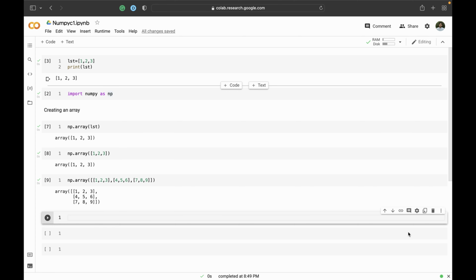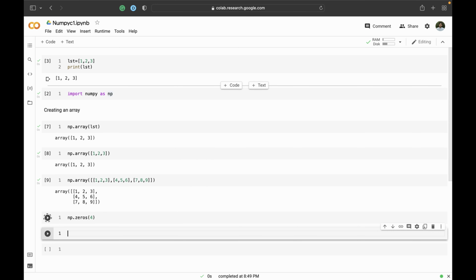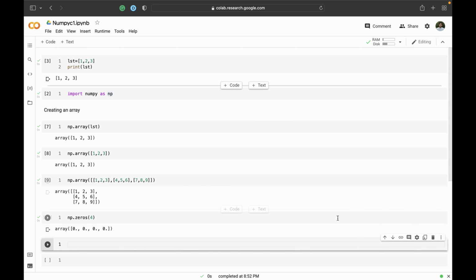In order to create an array completely filled with zeros, we can use the function np.zeros and pass in the number of zeros that we want in the array. I'm passing 4, for example, and just hit shift enter, and we have a one-dimensional array with 4 zeros in it. In order to create a two-dimensional array,